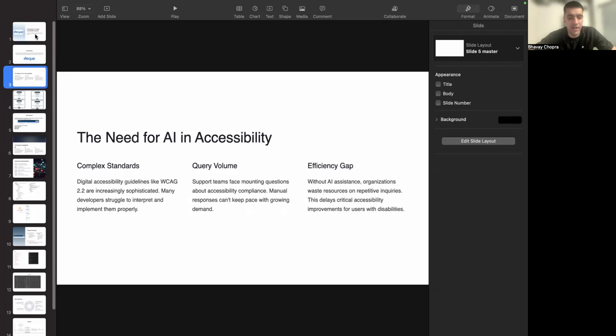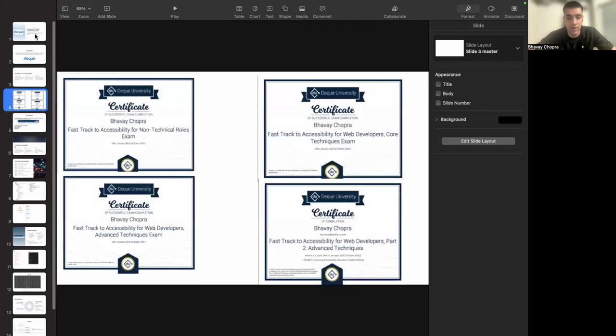Deque Systems is a leading company dedicated to digital accessibility solutions. They offer tools and services that help organizations comply with accessibility standards and improve digital experiences and integrate accessibility into their development processes. One of their key offerings is ACTS, a suite of accessibility testing tools that help detect and resolve accessibility issues efficiently. And before we get into our project and Access Assistant, let's look at the certifications here